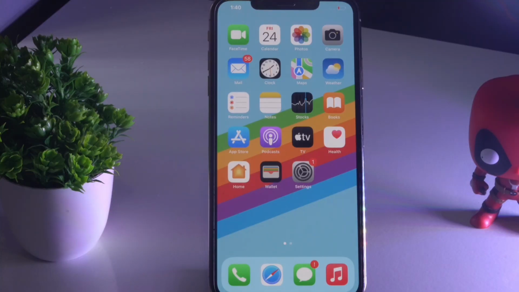In this video I'm going to talk about how to fix iOS 15 Wi-Fi not working on iPhone, and how to fix this issue after the iOS 15 update. So let's get started. The first thing when you're having this issue, what you have to do is,